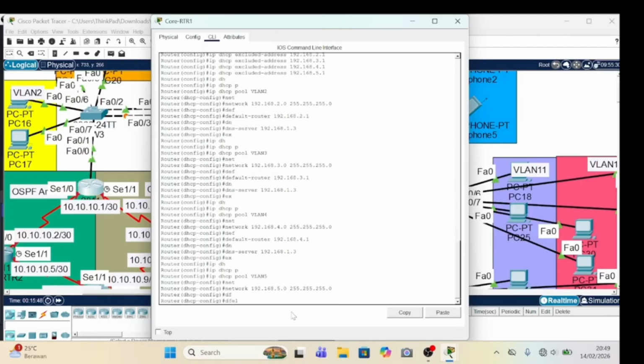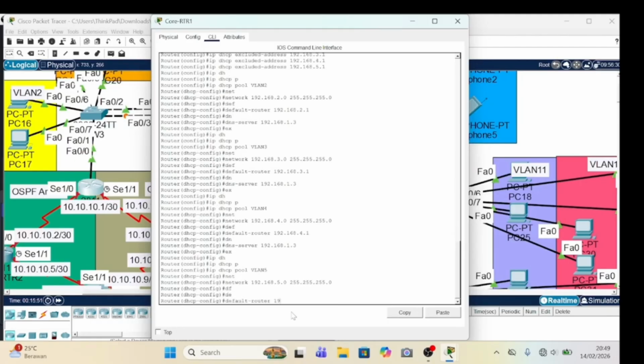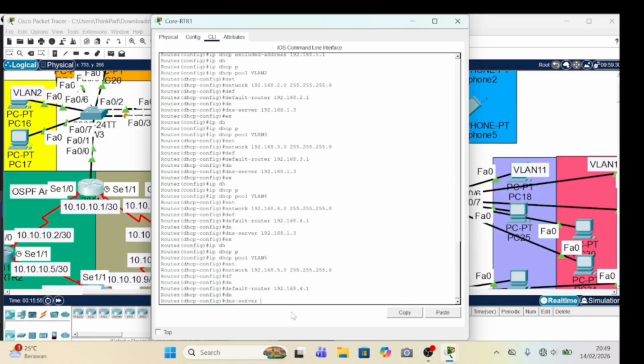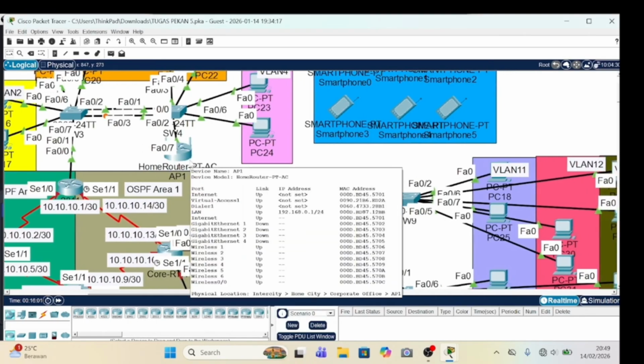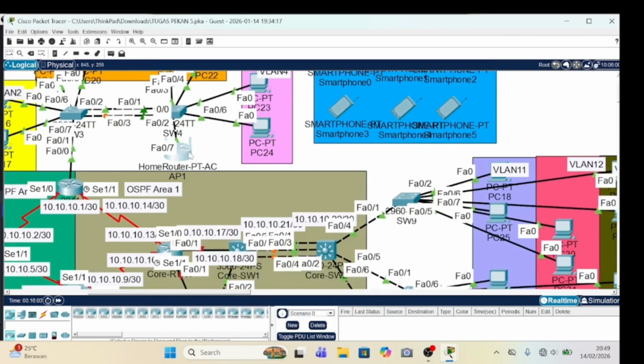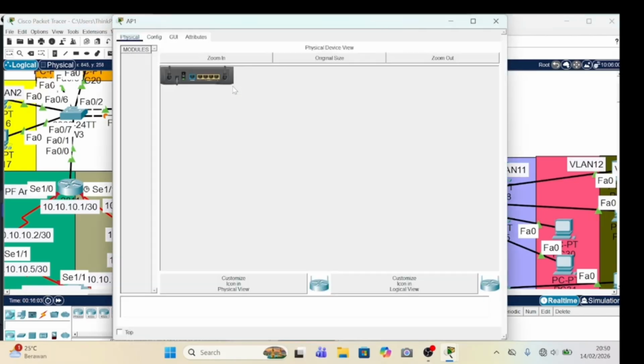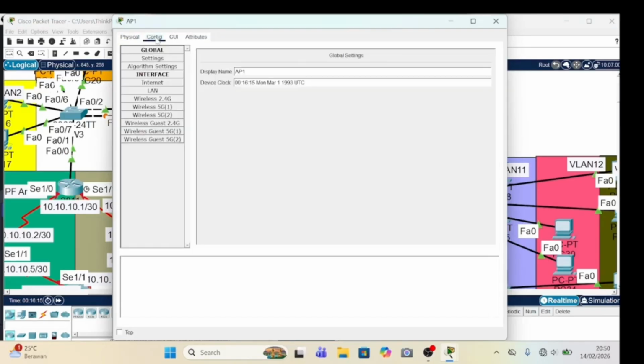default router, and then a server. Sys IP DNS. Okay. Now configuration, this is home router PT. Okay. Waiting. Okay. To config, to wireless,